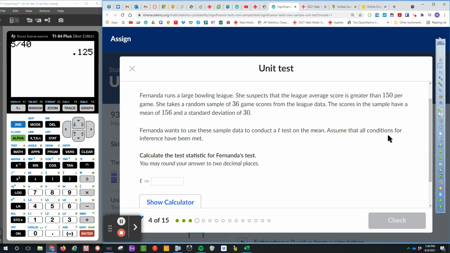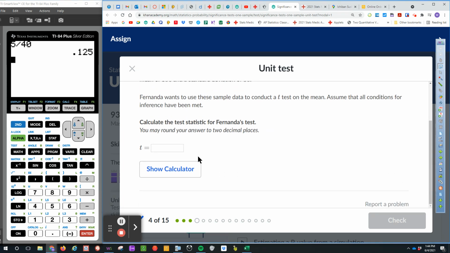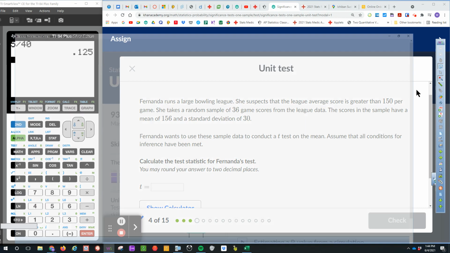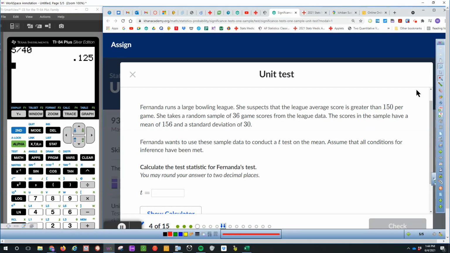And assume that all conditions for the inference have been met. Calculate the test statistic for Fernanda's test. All right, so here the test statistic equals x bar minus mean divided by